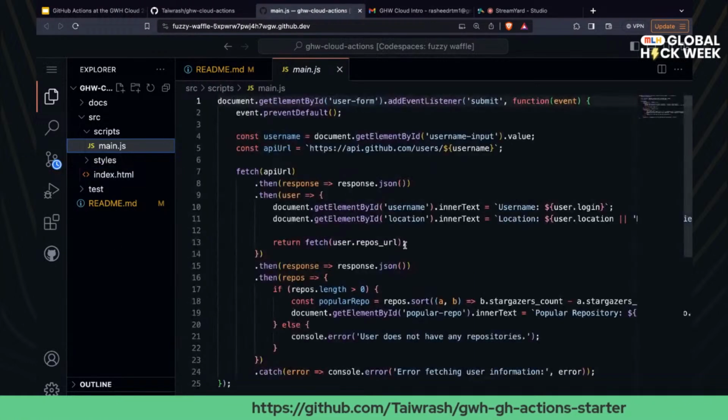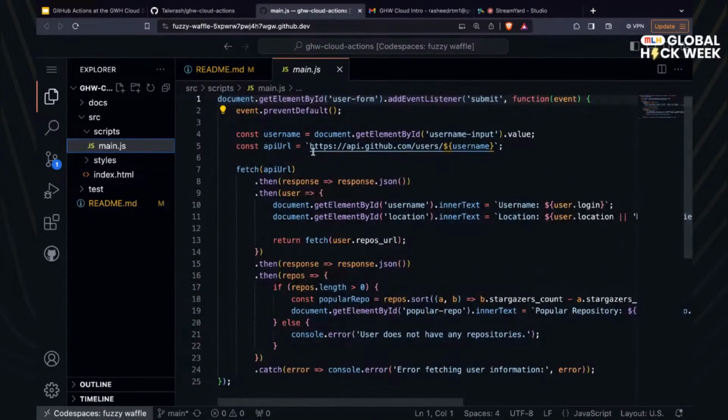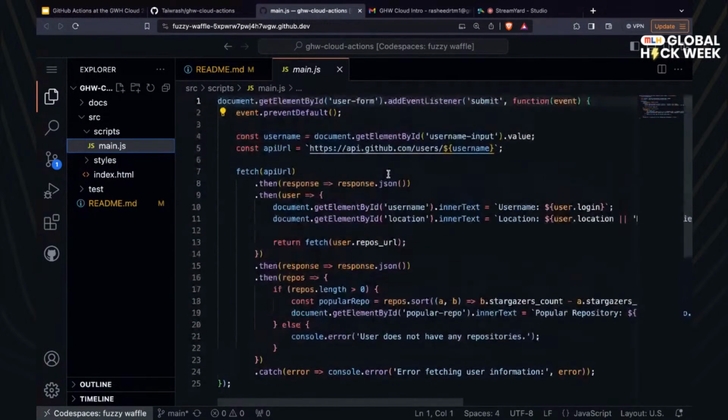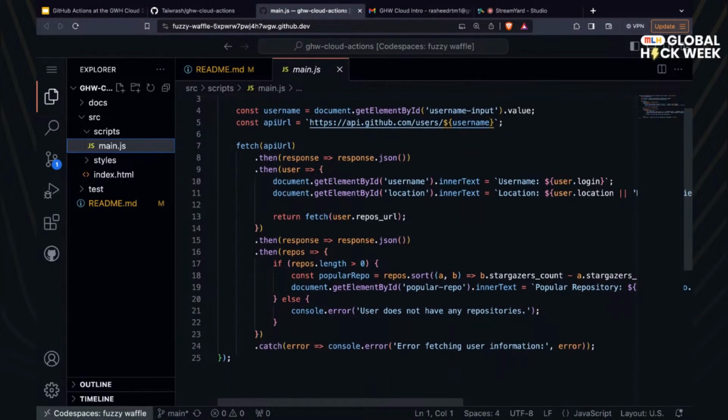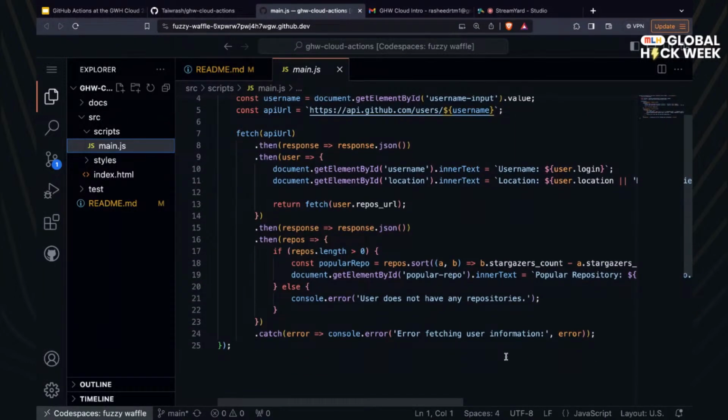And this is our JavaScript that's doing all that. You can see it's making an API request to this particular endpoint. If you have not been using the GitHub REST API before, this is how you can use it. It's open, it's free for you to use, and you can access any public repository. So this is basically what this one is doing.